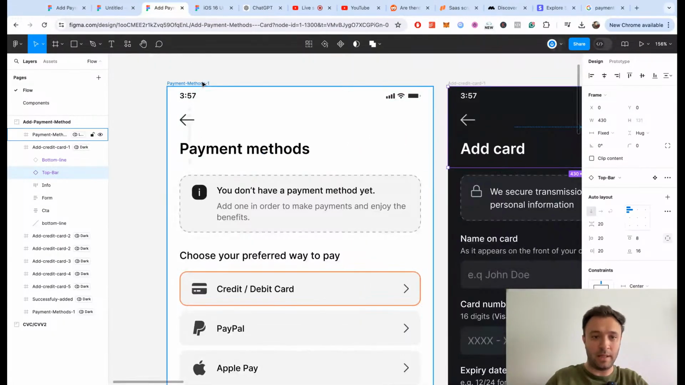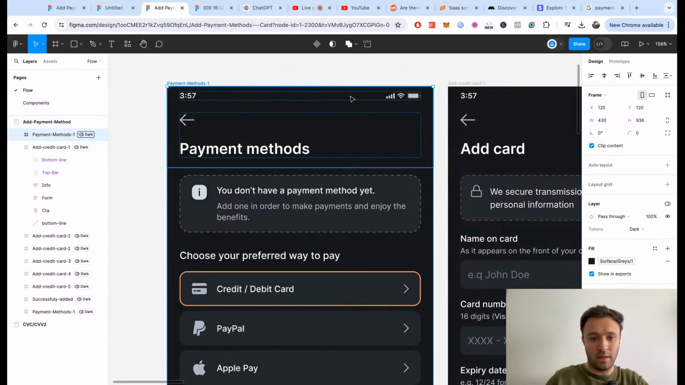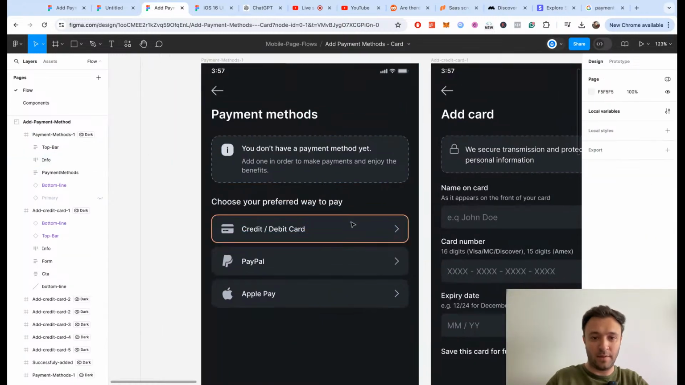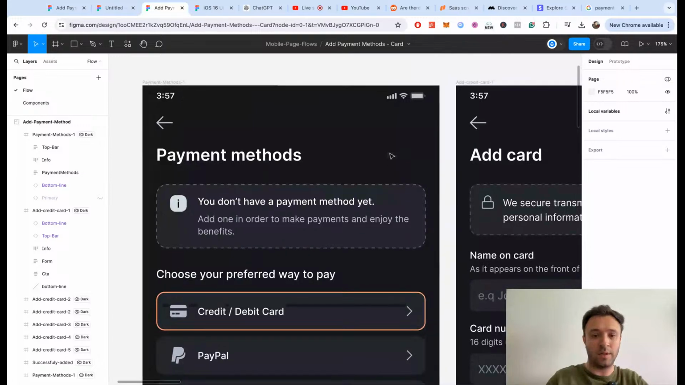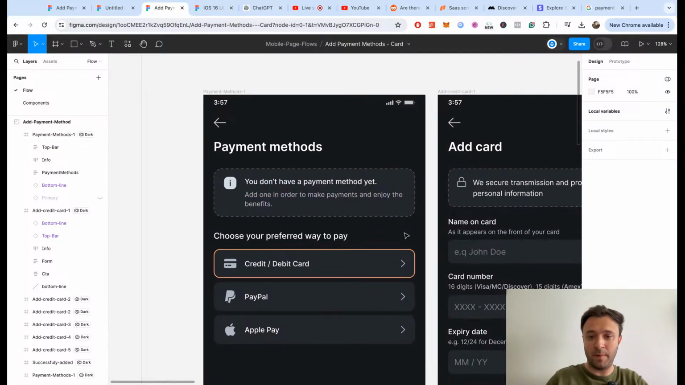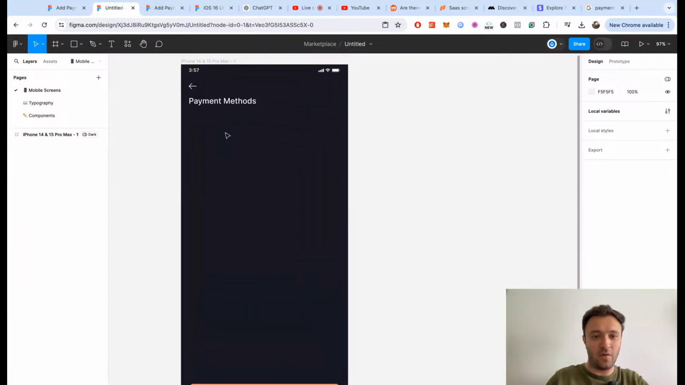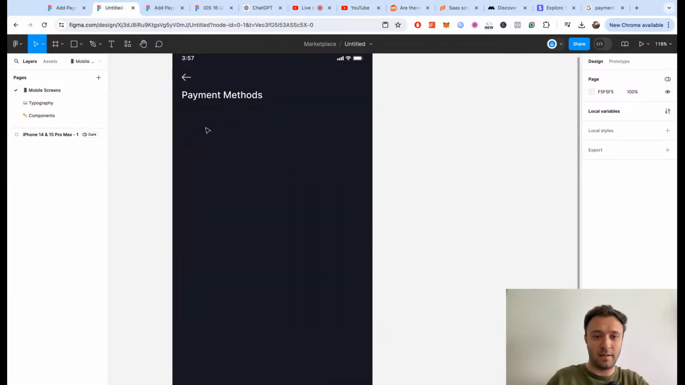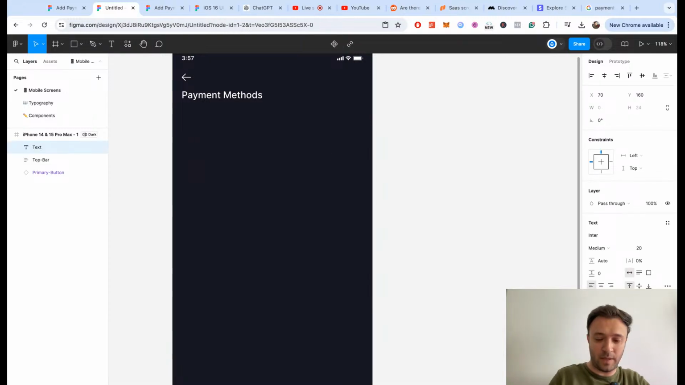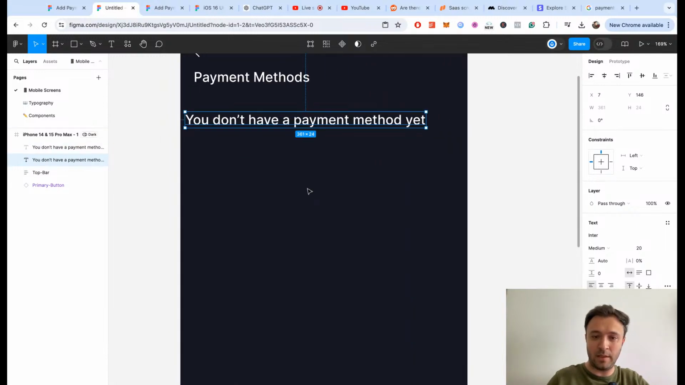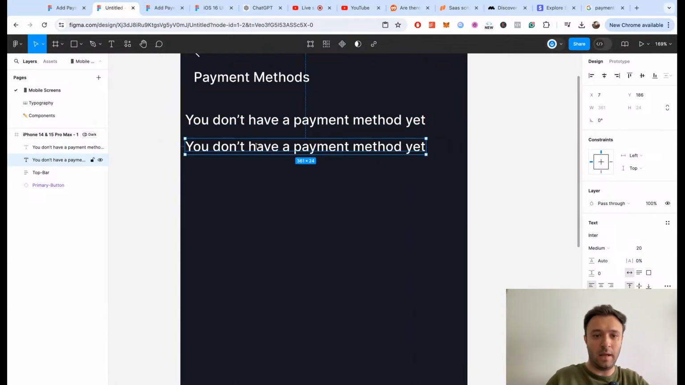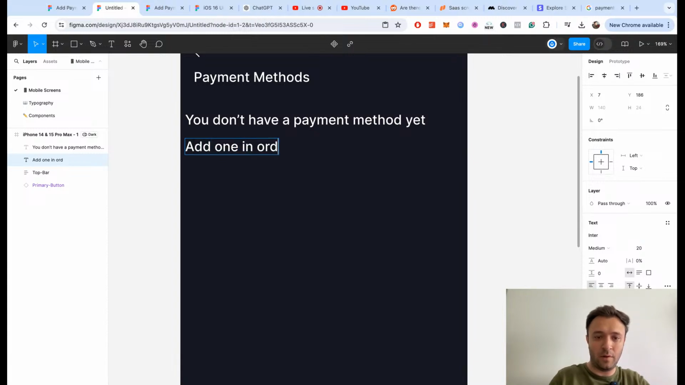This is the payment methods here, and we have to create this information notification box here. So: you don't have a payment method yet, add one in order to make payments and enjoy the benefits. Okay, so let's type T for text and just type it like that. You don't have a payment method yet. Okay, this is a subtitle. Just Command D in order to duplicate and add one in order to make payments